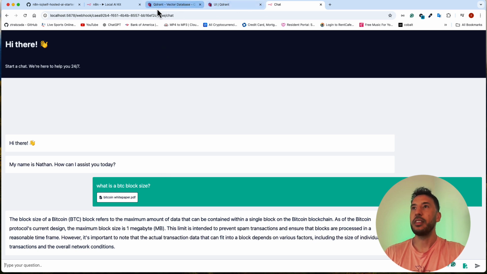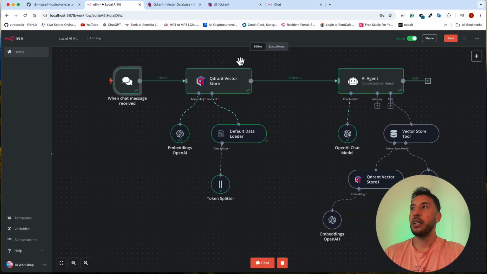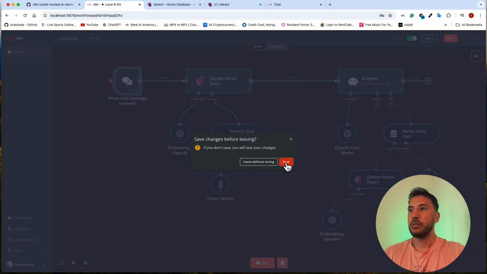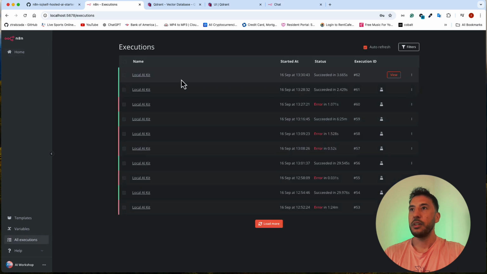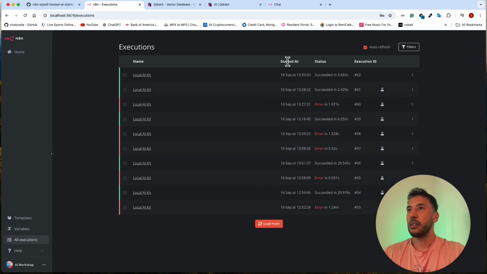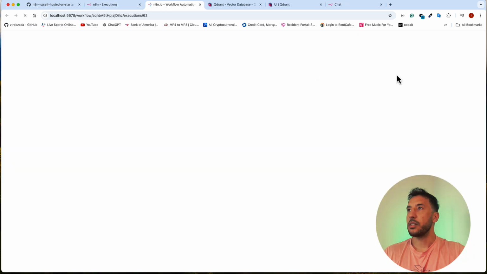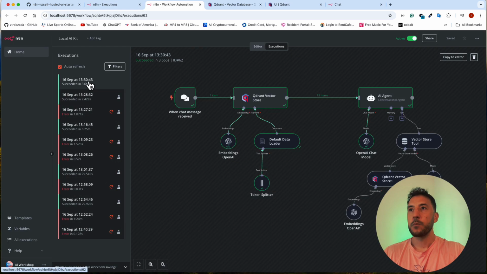So as you can see, everything got executed properly, and you can actually check out the executions by clicking on all executions. I gotta save this. Yep, there you go. And right here, these are all the executions. If I just go to this, is the latest one. If I click on view, you'll see this one got successful, and the rest, it shows you the errors and the one that went through or not. So this is a good way to see exactly what's going on behind the scene.